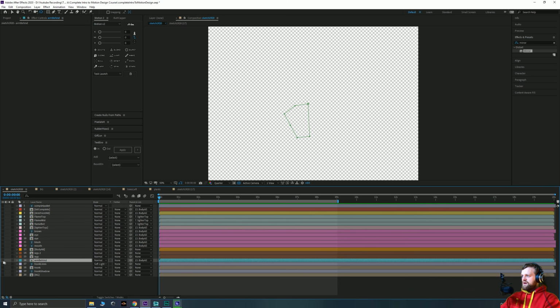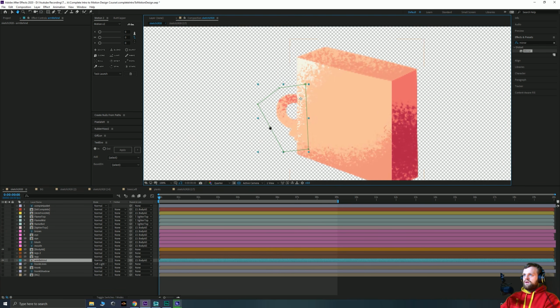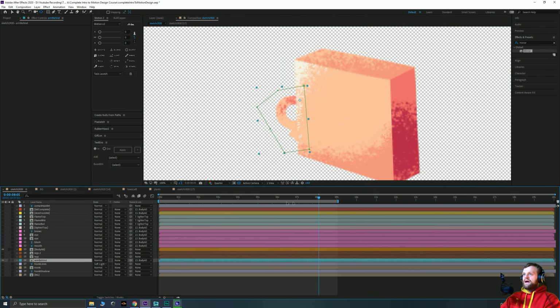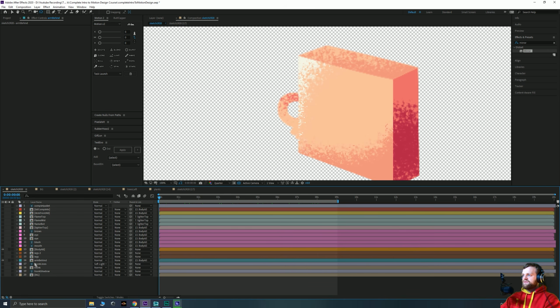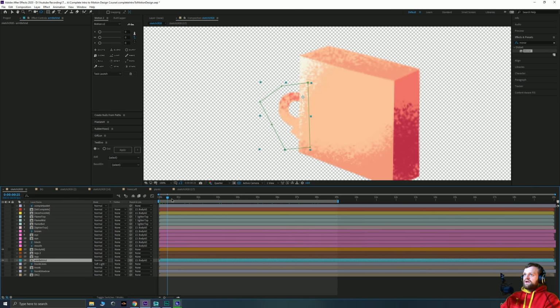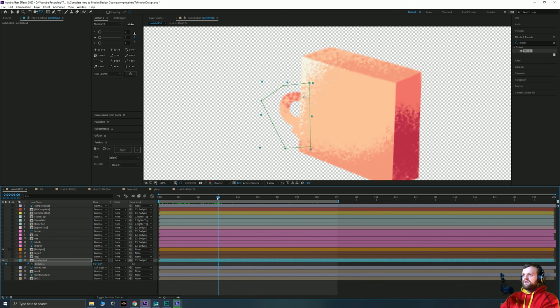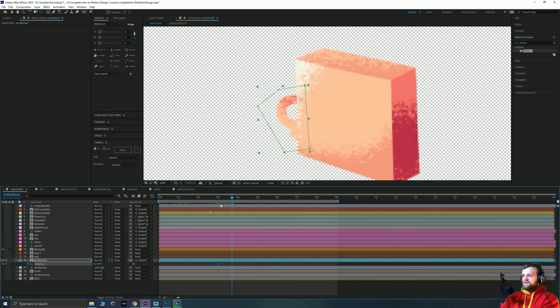So let's take our arm behind layer and our body layer. And now, as you can see, that animation is already applied, so we can take a look at this arm. Now, as he sways, I'd quite like his arm to sort of every now and then just resettle itself. So we'll grab our rotation keyframe here, and as he's swaying this way, we'll have his arm sort of sink into his body a bit